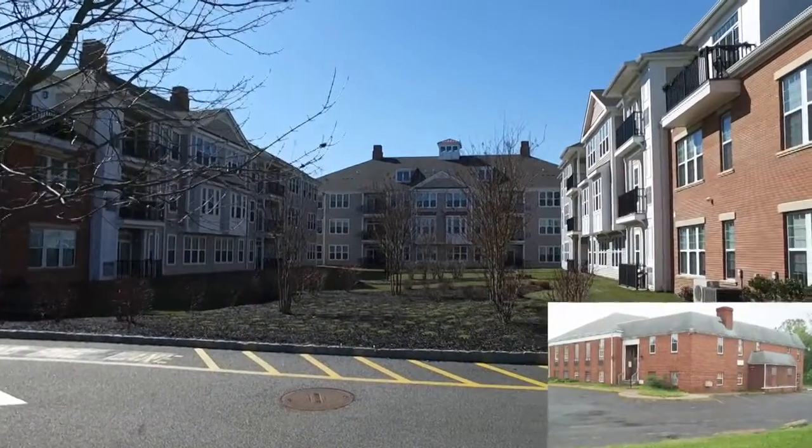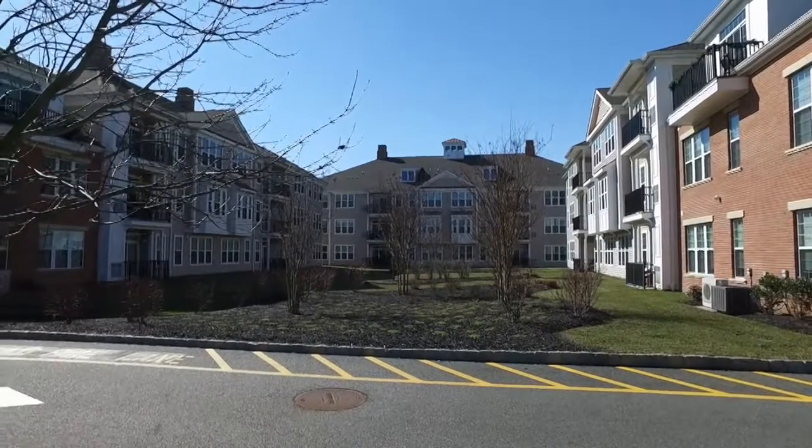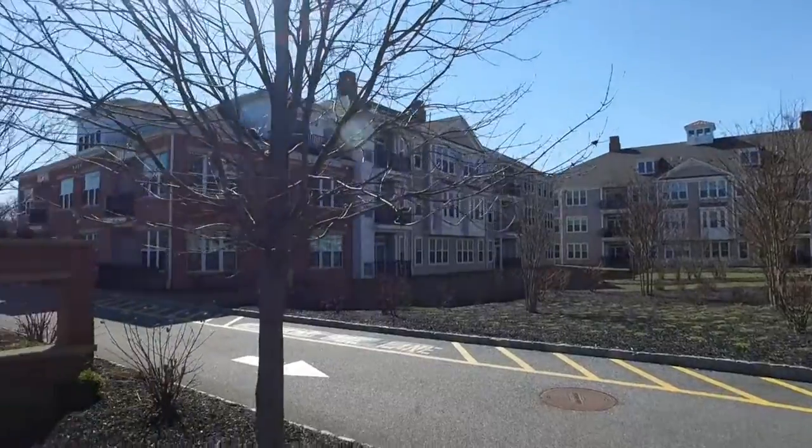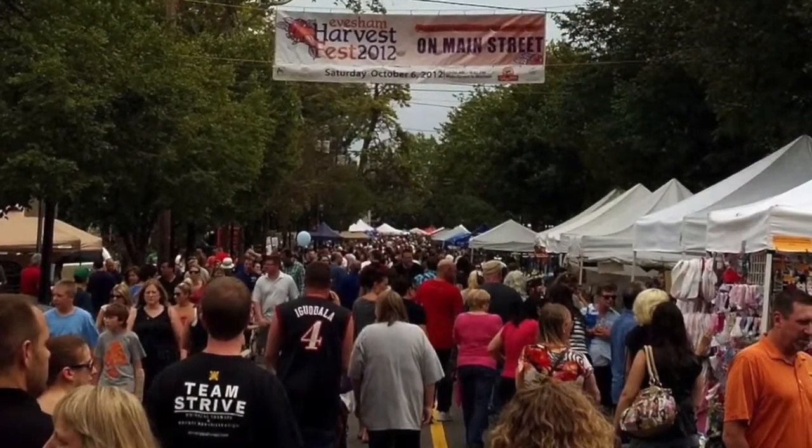The apartments prove that we can have redevelopment on Main Street, and that we can also have a walking area. And walking on Main Street was one of those things that people told us they wanted from the vision study. The other thing I think I need to point out to you is that